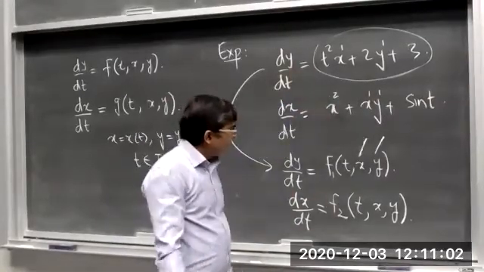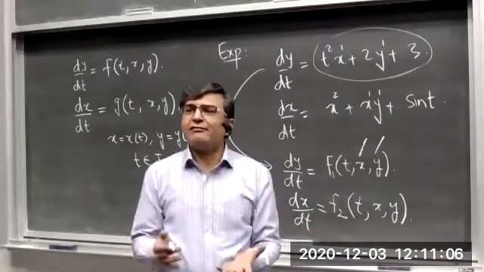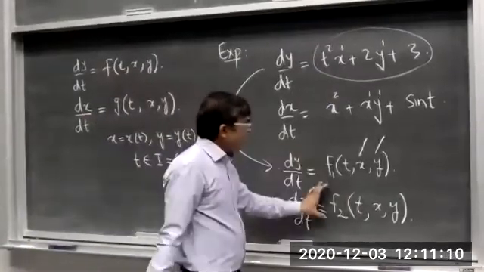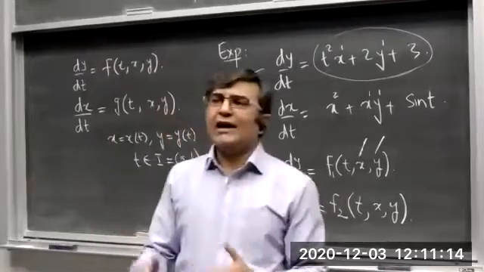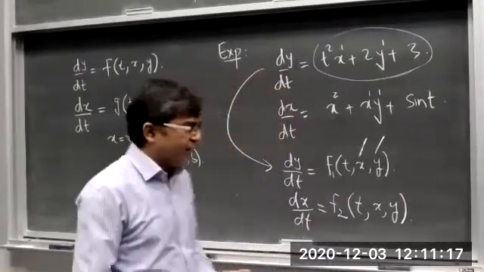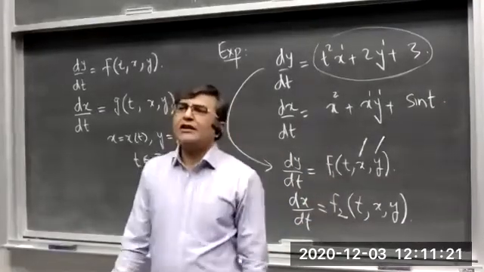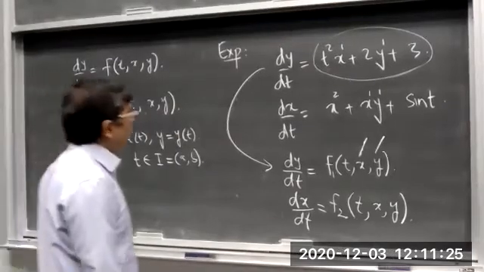So what do we get from here? That these functions could be linear functions of x, y or non-linear functions of x, y. If these functions are linear functions of x, y, then the system of linear equations is called a linear system of first order ODEs. If they are non-linear, then we call them a non-linear system of first order ODEs. I hope you get it. Let's